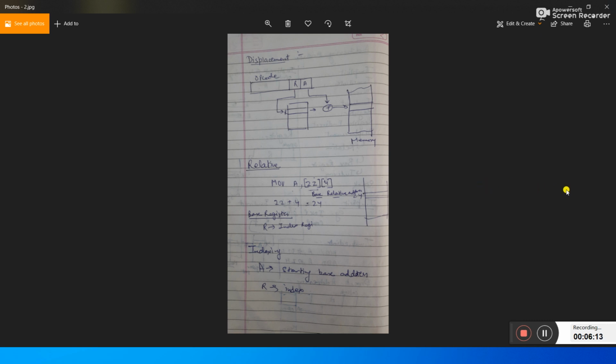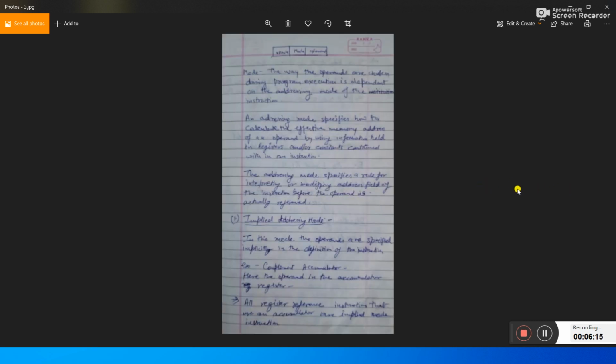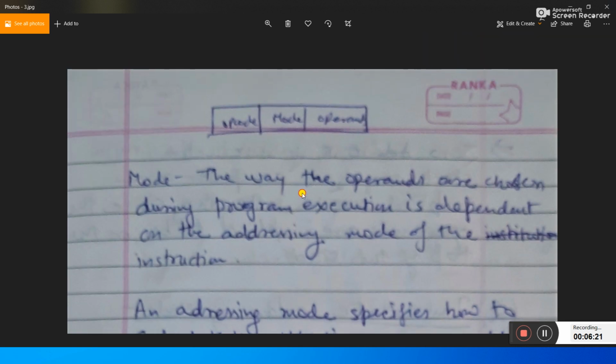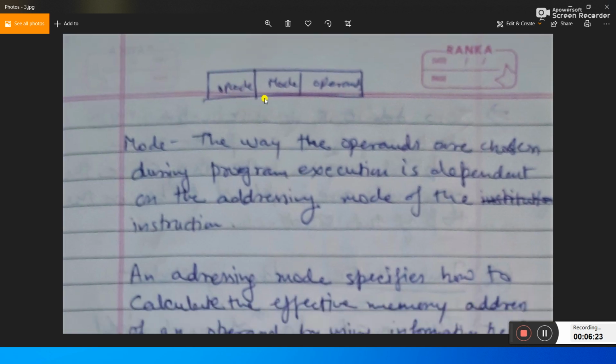The point is this: there is an operation code, this is the mode, and this is the operand. I'm sorry, this is a little blurred, but I will explain it much better by reading.